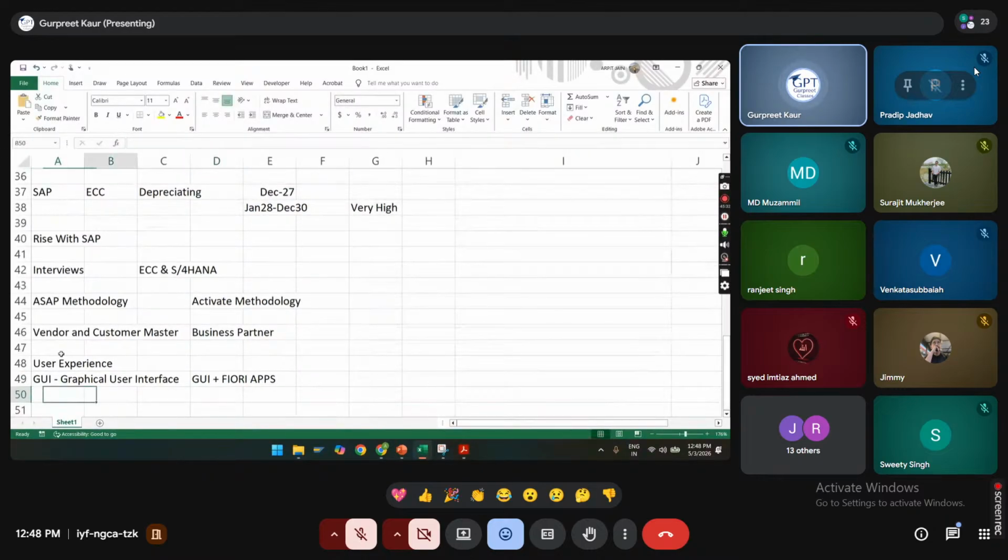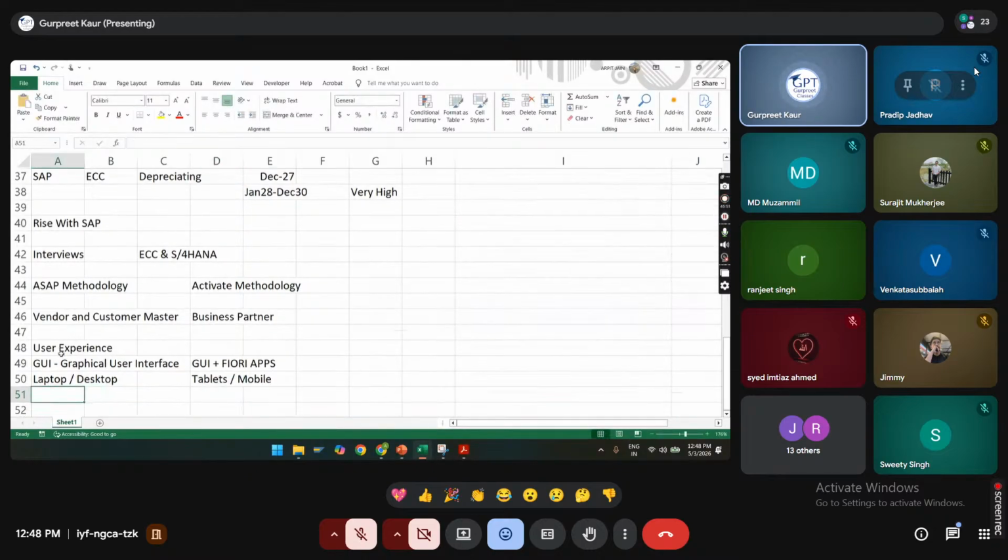Now, what are these Fiori apps and what is this GUI? GUI can only work on a laptop or desktop. Whereas now, along with your laptop and desktop, you can work on your tablets or on mobile with the help of Fiori apps. The user experience is completely different.